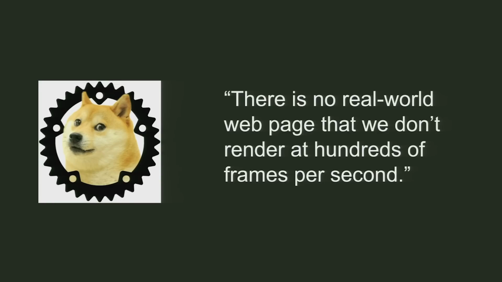So they have several demos they use in this talk that I don't have time to show you, but basically boil down to if you create a specially crafted web page with 600,000 divs on it and then use CSS3 transformations to animate them into a swirling vortex, that will run at 60 frames a second in WebRender, but it'll run at like a quarter of a frame per second on Firefox or like half a frame per second on Chrome right now. So there's some really, really interesting stuff going on with the performance aspect here.